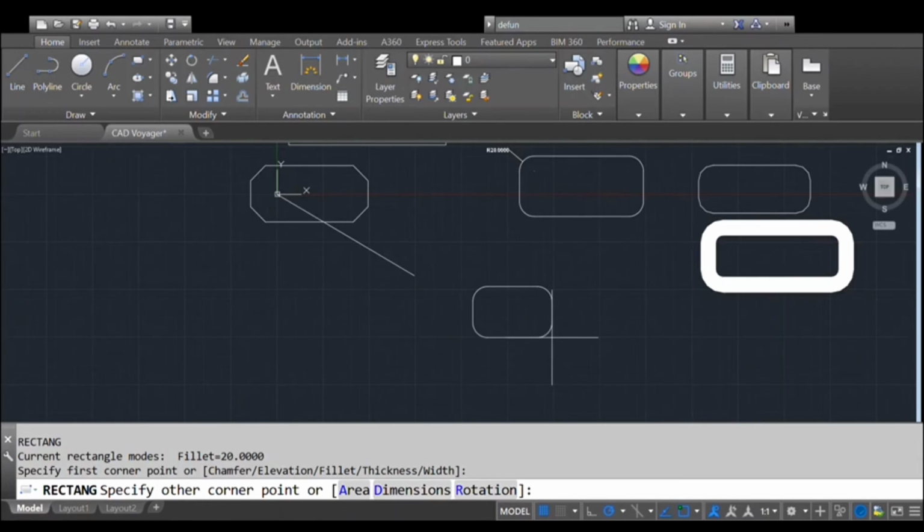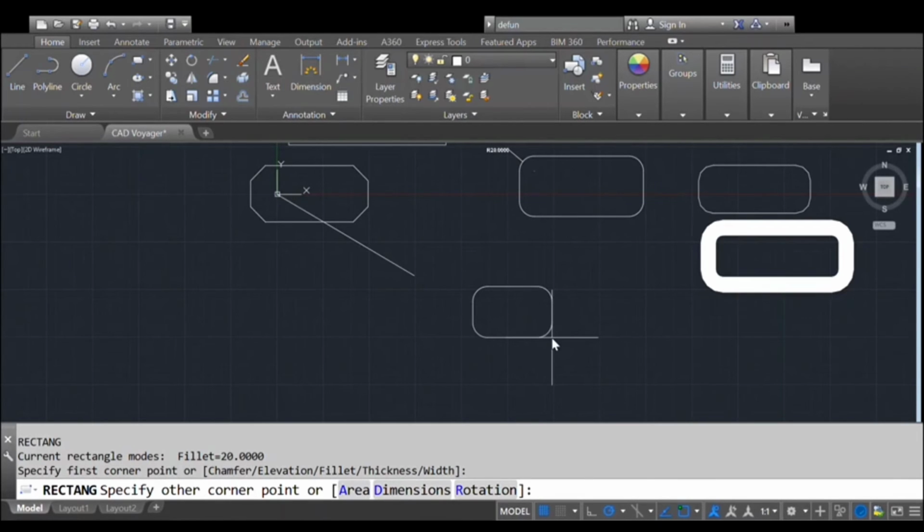Now we are going to see how to draw a rectangle with area, dimension or rotation. For that, first type REC and enter, then select the first corner point. While specifying the other corner point, it shows the options area, dimension, rotation.